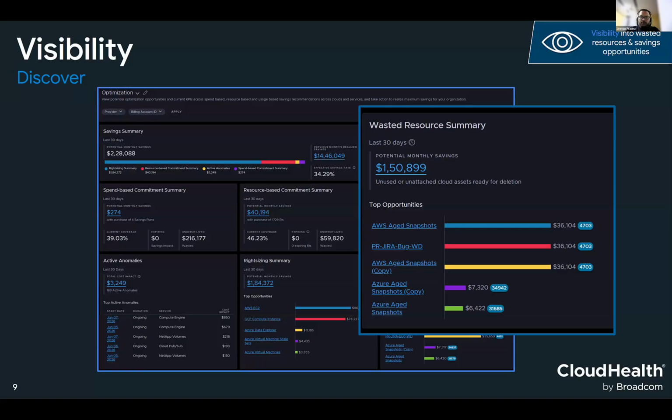Great. So this is how the visibility would be, and this is just one context, and it won't be limited to this. So we are expediting to bring in this context in every place where you see it here, right? Like if you would like to go into anomalies, we will make sure that you have a prompt there to take an action, or maybe to complete the loop which we just saw, right?